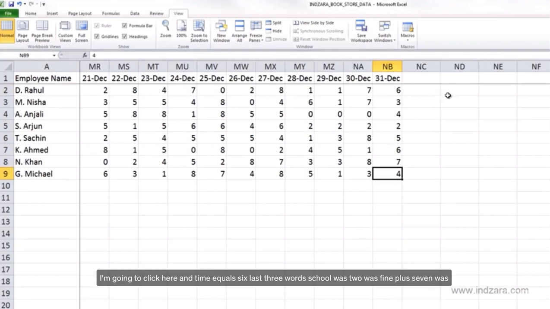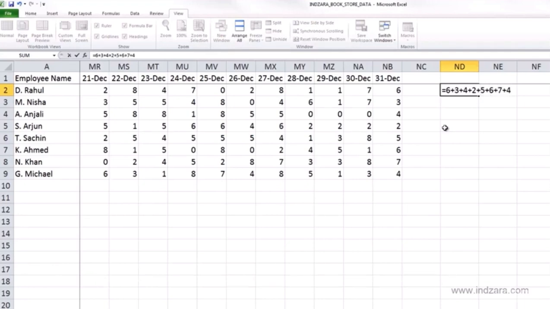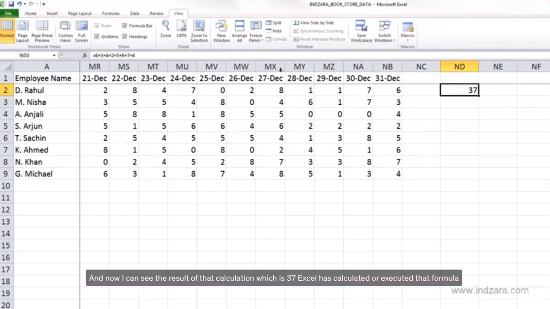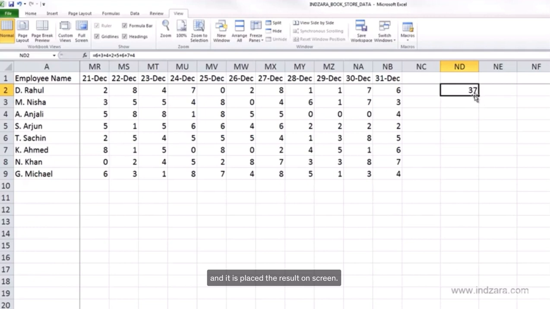I'm going to click here and type equals 6 plus 3 plus 4 plus 2 plus 5 plus 6 plus 7 plus 4. So now I've typed in all the 8 values here, and I'm going to hit enter, and now I can see the result of that calculation, which is 37. Excel has calculated or executed the formula, and it displays the result on screen,